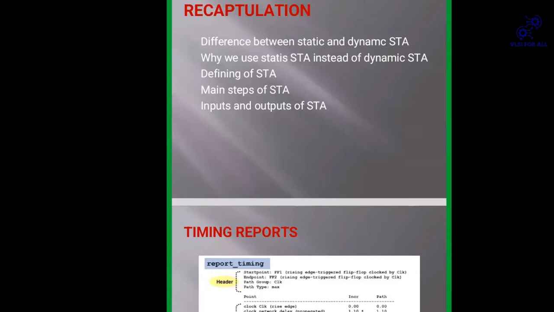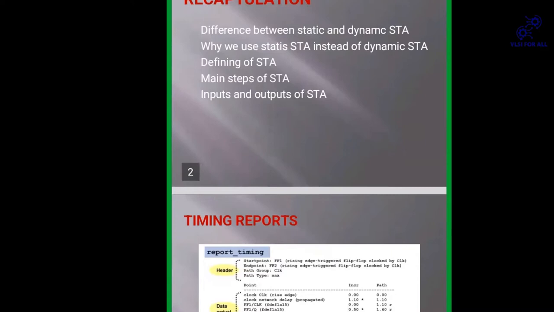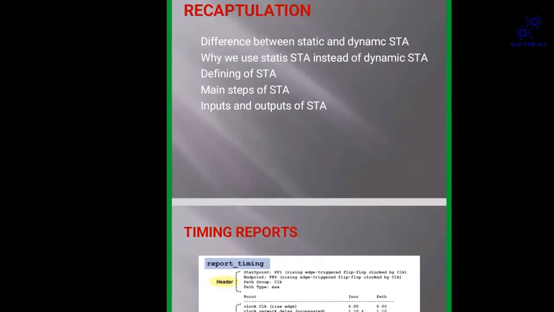So what are the main steps involved in STA? First, the STA takes a possible timing path and checks it. After checking, the STA tool breaks the timing path into small parts.